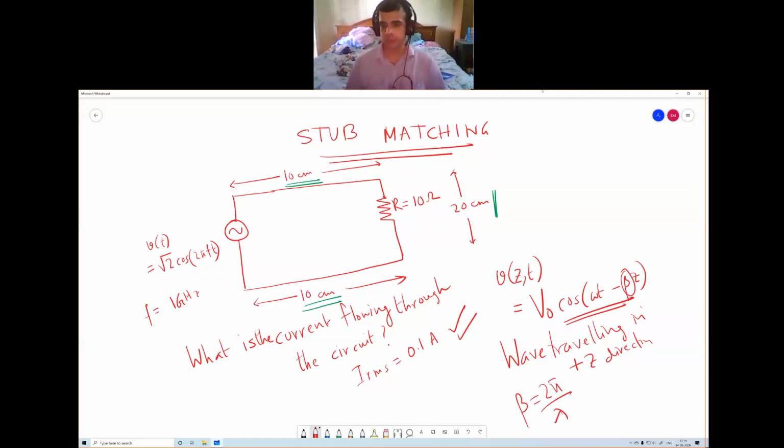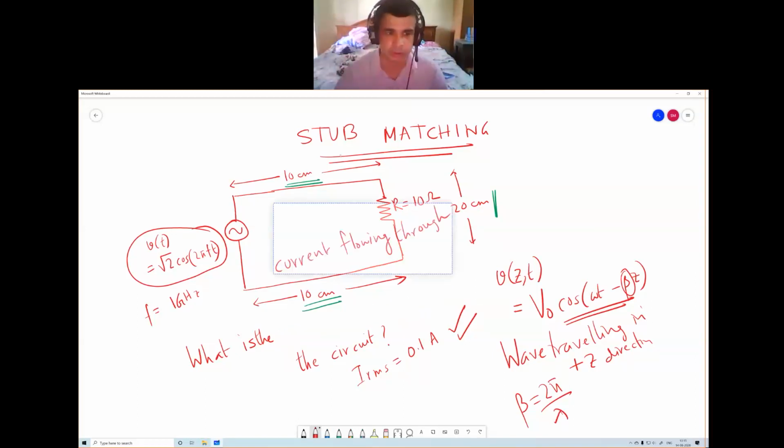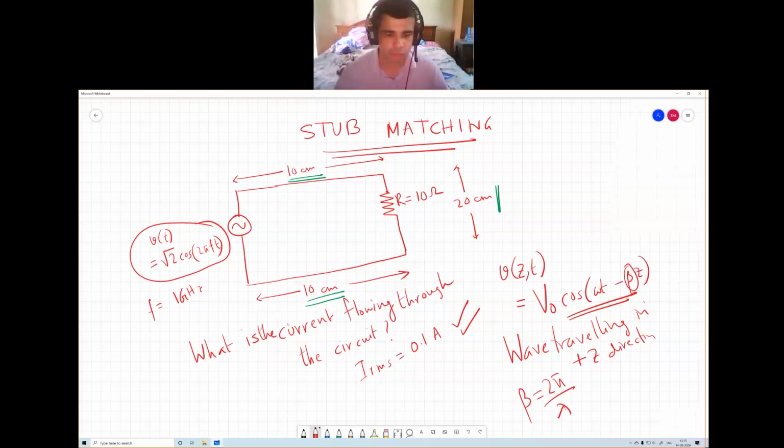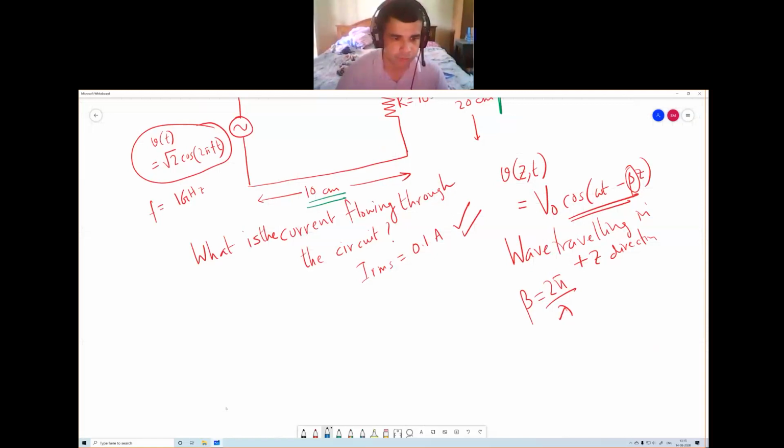Okay? Now for this V(t), this equation should look the same, but in our basic electrical electronics class, or in your circuit theory class, every time you were given this equation: V(t) equal to root 2 cos omega t. But the beta z part has always been missing. Why?